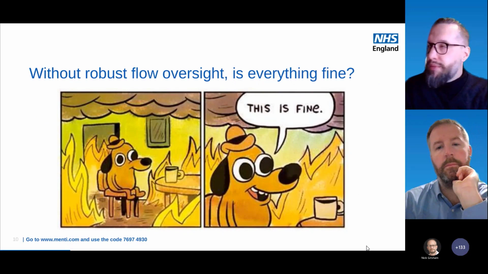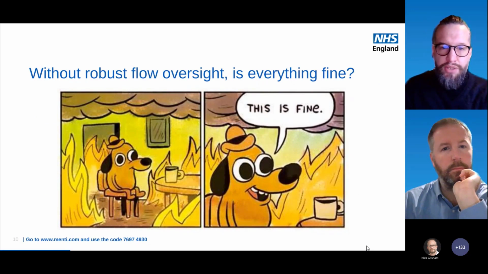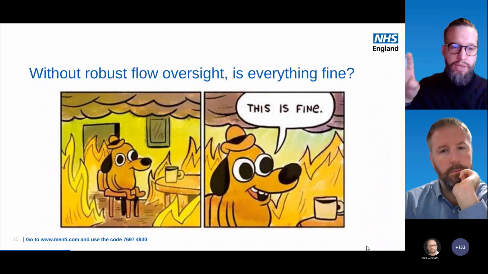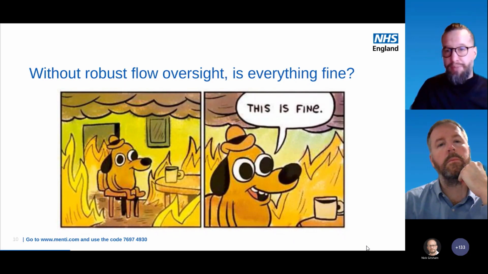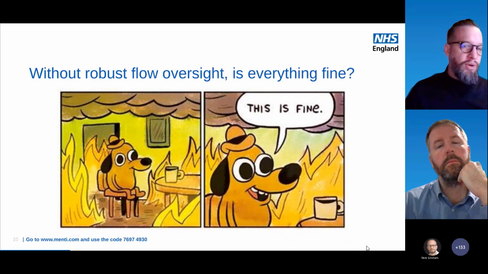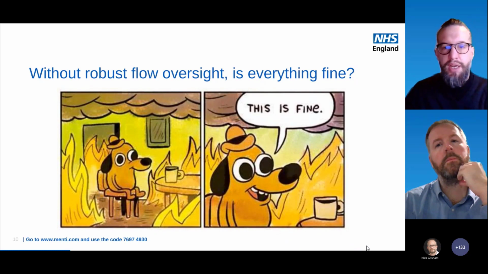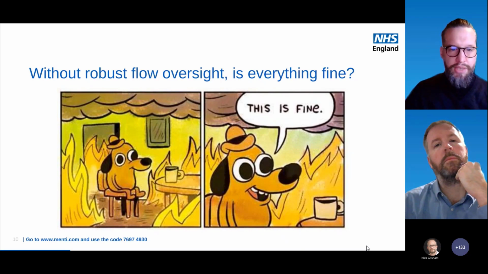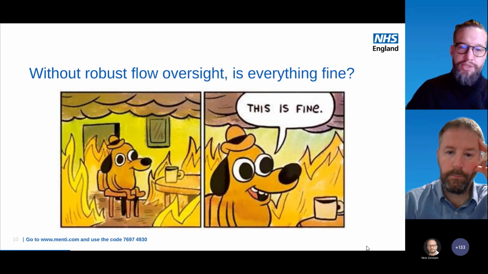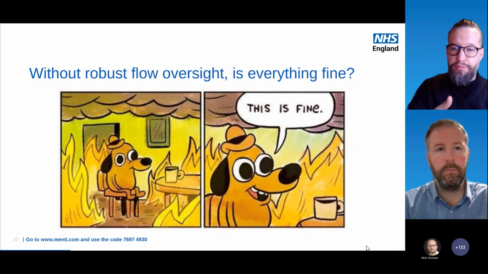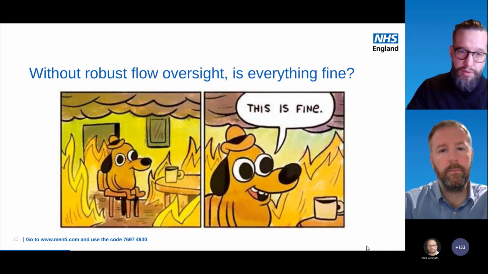The demand and capacity is essentially a dynamic equilibrium between patients who start treatment and patients leaving treatment over time. Patients want and deserve purposeful and timely treatment, and patients that get that treatment more quickly have a better experience and better outcomes. And this is the entire premise of the service model transformations in EIP, IAPT, Future in Mind for Children and Young People services, etc. So the oversight over patient flow is what gives us the data to enable us to understand how patients are leaving treatment over time. Without that, we don't have oversight over both parts of the equilibrium. So no matter how good our oversight over the front door is, we've only got half the story.